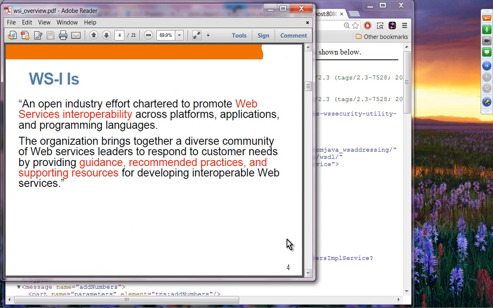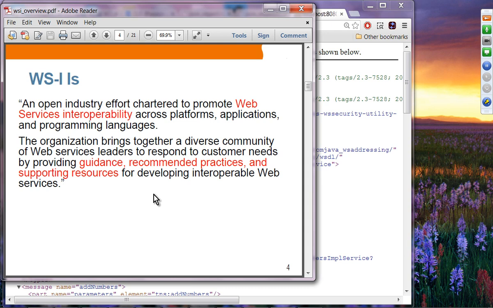So WSI is an industry effort. It's probably not as important as it used to be. Many years ago, I think around 2004, almost 10 years ago, the specifications, especially SOAP and WSDL, were loosely defined.